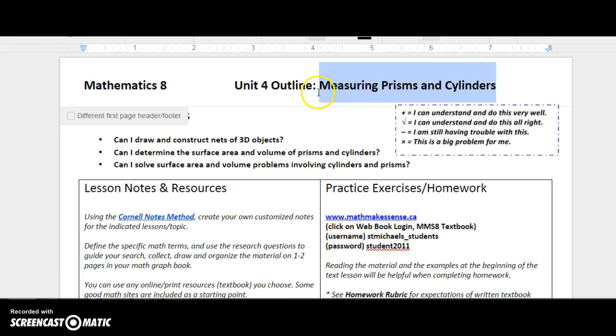measuring prisms and cylinders. Within the unit outline, there will always be unit learning goals, and students should use these goals to assess how well they're understanding the unit. By the end of the unit, they should be able to meet these goals. For example, our first goal, can I draw and construct nets of 3D objects, will be the first one we work on. As we progress through that, if students find they're having trouble, they really should talk to their